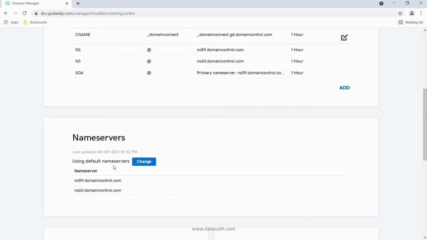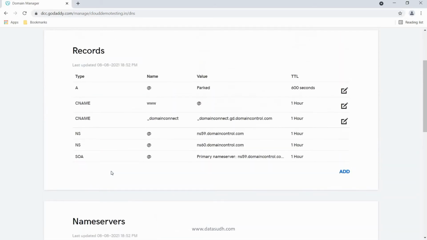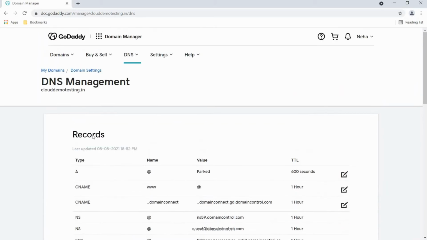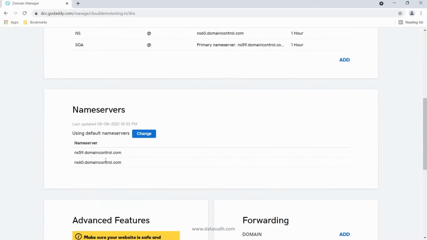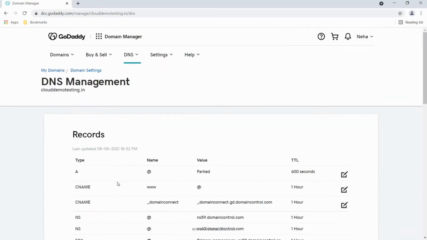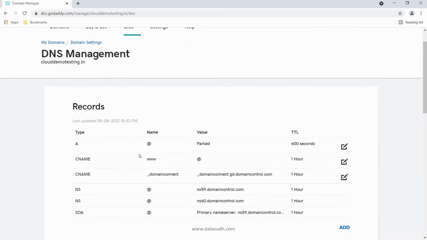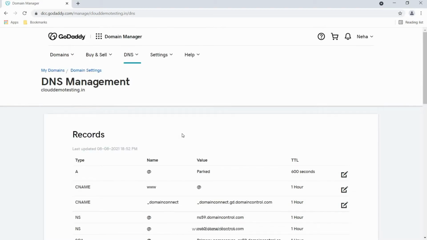Since in this demonstration we are going to use Cloud DNS as a DNS service, I will keep my DNS provider as GoDaddy only. That is, my domain will still be registered with GoDaddy, but I will not be using the DNS management or the DNS service of GoDaddy. So I will be migrating from these as we start setting up the static website with Cloud DNS. So we don't need to further discuss or understand these because we are not going to use it.